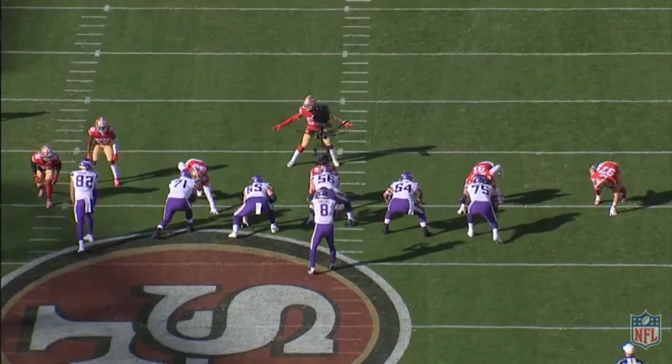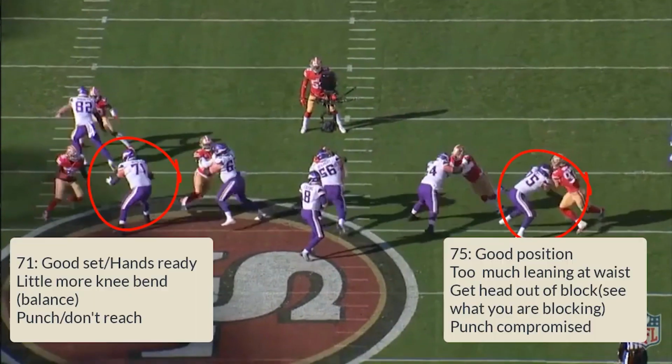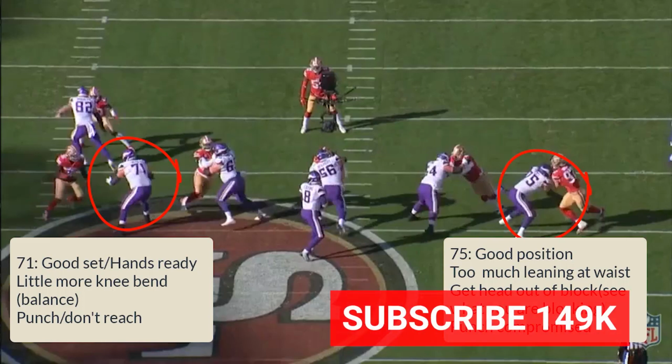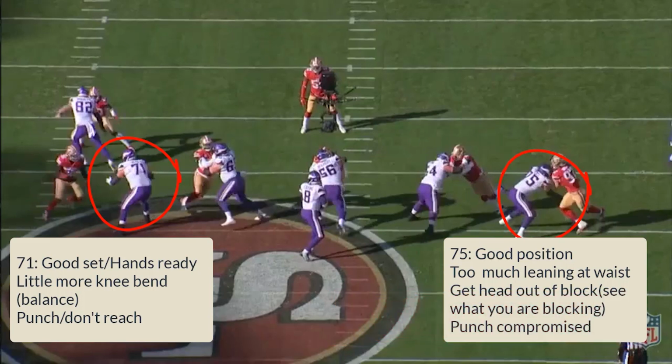Let's start with the tackles. On the left side, 71, he's got a decent set as far as position goes, but I'd like to see him have a little bit more bend in his knee. His hands are up, his hands are ready, which is something different than what we see with the 49er tackles. But again, he doesn't provide much of a punch. It's more of a reach, and you're going up against these kind of defensive linemen who are highly athletic, highly skilled. You need to establish some kind of physical dominance,